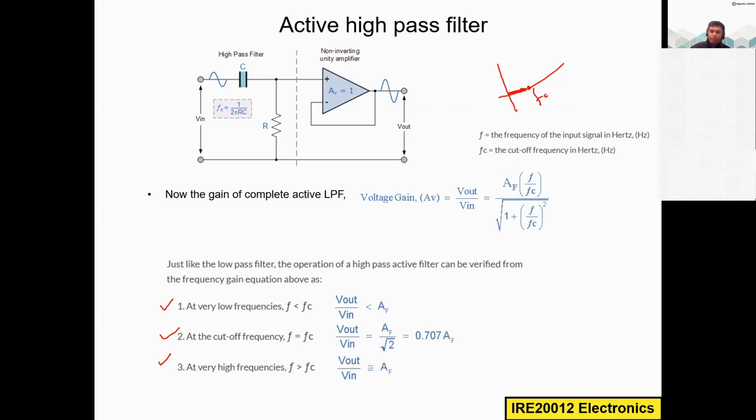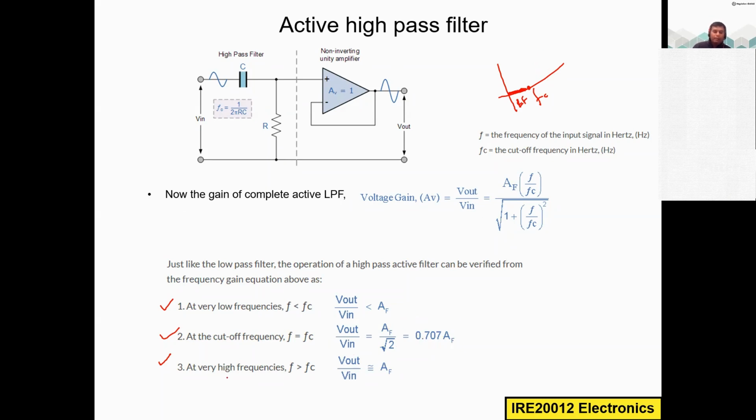So you are applying the input signal frequency. For example, this is the low frequency region. So you don't get anything at the output because the gain is less than AF. When the input signal frequency is equal to the cutoff frequency value, that is the minus 3 dB level you reach. So AF divided by square root of 2, that is 0.707 AF. So then the signal starts to rise up